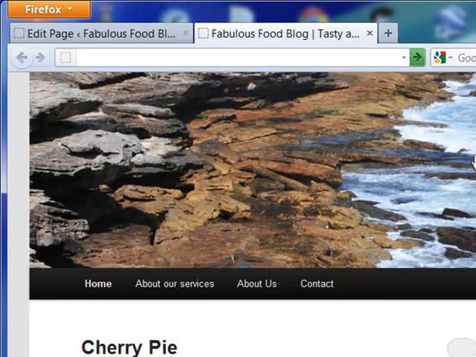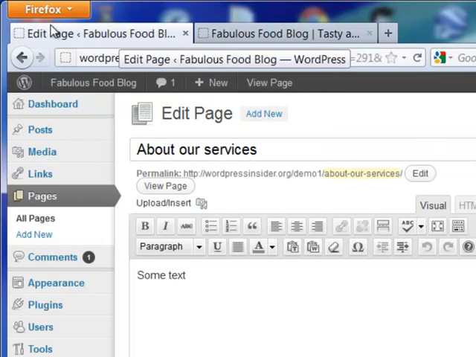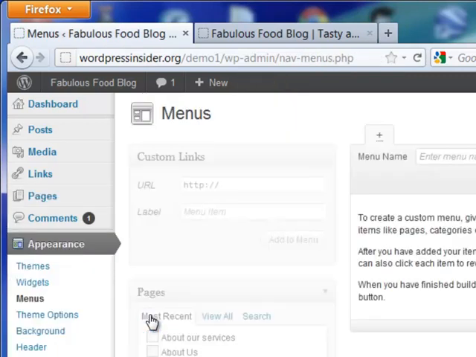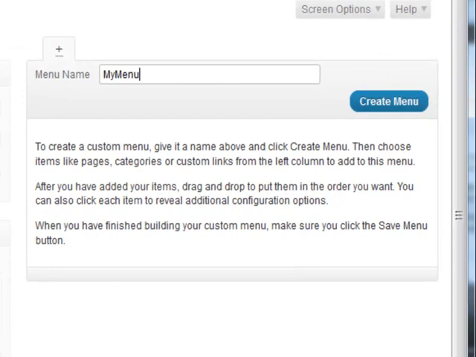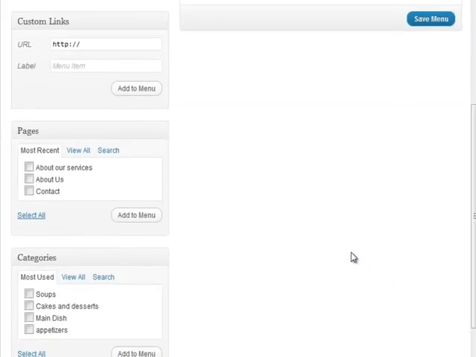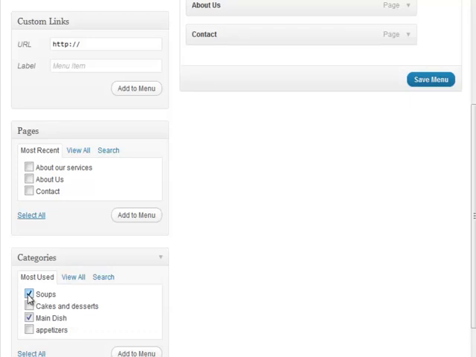Let's take a look at custom menus and how they can help. To access the menus editing area, click on Appearance, Menus. Now let's create our first menu. Give it a name and click Create Menu. Now WordPress gives us 3 options how to add links to menus: categories, pages, or custom links. So let's add all the pages on the site to this menu, and I will also add 2 of my categories